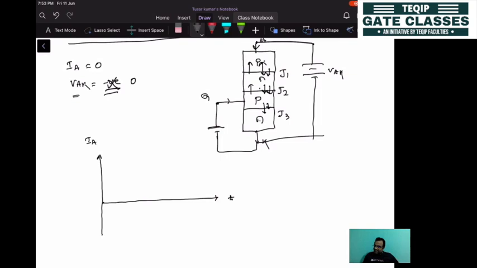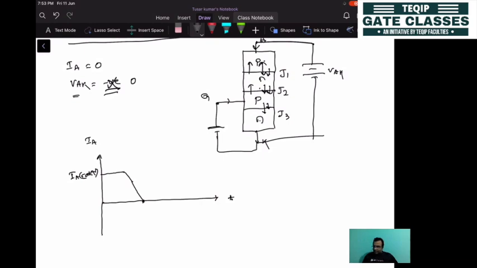Initially, when the device is conducting, let's say the rated current is flowing. So this is, let's say, IA rated, the rated anode current, that is nothing but the current from anode to cathode. Then when you are trying to switch it off, you have to reduce the current. So the current will be gradually reduced in this path, and at this instant the anode current will become 0.